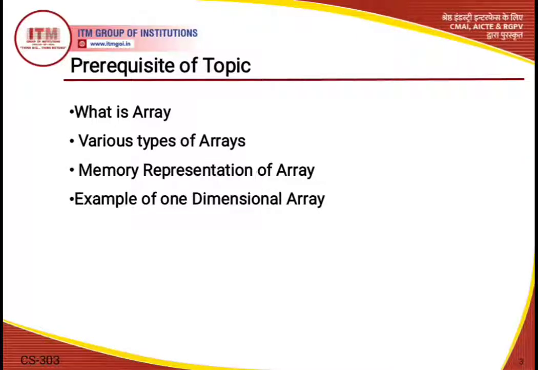So here you should have knowledge about what is an array and why we need an array in data structure. Okay, and also you should have knowledge about various types of array. So here I just want to recall to you what actually an array is. An array is used as a collection of variables that are of similar data types, and in other words we can say that they have a common name. So here the main topic of our discussion is the difference between the one dimensional, two dimensional array and 3 and 4 dimensional array too.